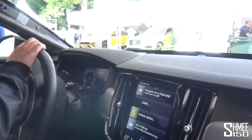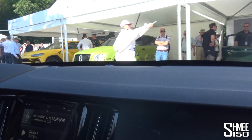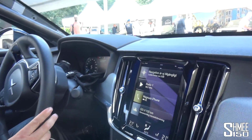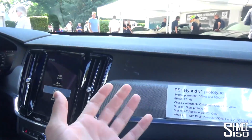Wonderful. We're in a very exciting paddock, a mix of cars around us here. There's the Aston Martin Cygnet with a V8. We've got the Bentley Bentayga from Pikes Peak, the Urus. You know them. And we're looking into the future here. The Cygnet with the V8 is completely the opposite of this. We're surrounded by some interesting vehicles at first glance, which is a paddock dedicated to new vehicles, new technology,